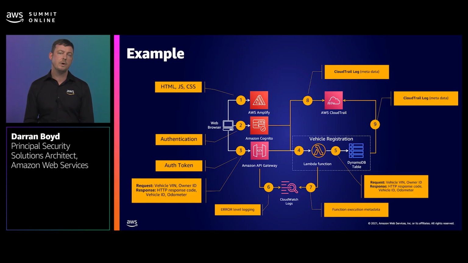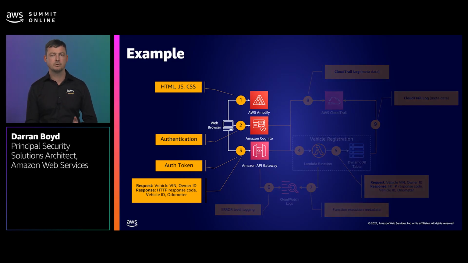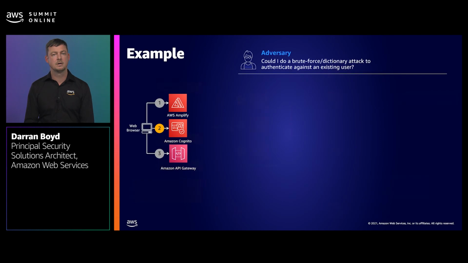This is the "what are we building" diagram, including all of our data flows. What we're going to do is a walkthrough of what a threat modeling exercise could look like and the conversations that are occurring between the various personas. Given our time, I'm going to scope it down to this portion, which is really the interactions with AWS Amplify for our web assets, our authentication against Cognito, and API interactions with API Gateway. So I'll give an example conversation.